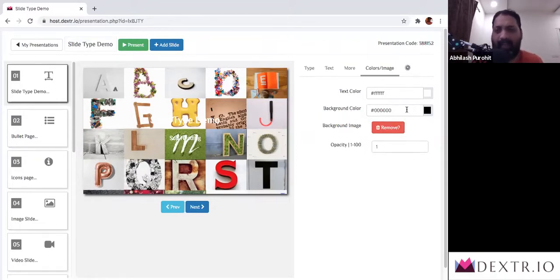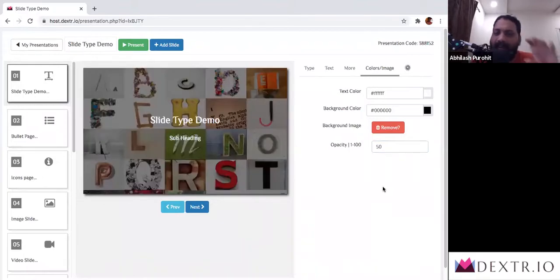You first select a color, the background color that you want. I want a black background. Think of it like layers. The image is on one layer. On top of that, I am putting a transparent, semi-transparent layer to see through. So if I was to change the opacity from 1 to 50, let us say, I click on that, then a semi-transparent black layer is put on the image, and thereby the text that you have typed, which has white in it, becomes a little more visible.